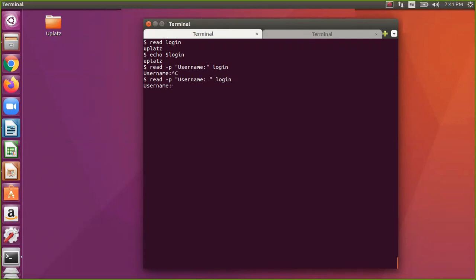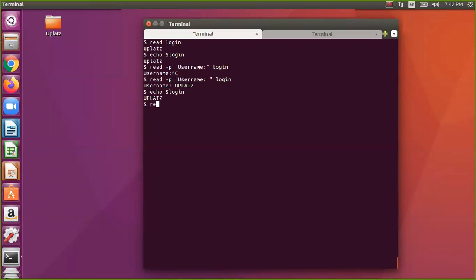We will see more about Ctrl+C and all that in signals. Here you can see Ctrl+C completely terminates that particular command. Now, username, and I'll give all capital letters just to differentiate. In bash scripting, before any variable you need to give the dollar to display it, but not for reading. So this is read.